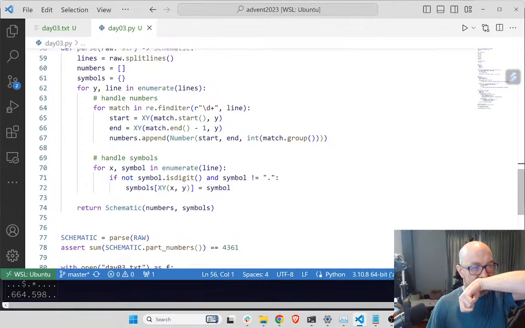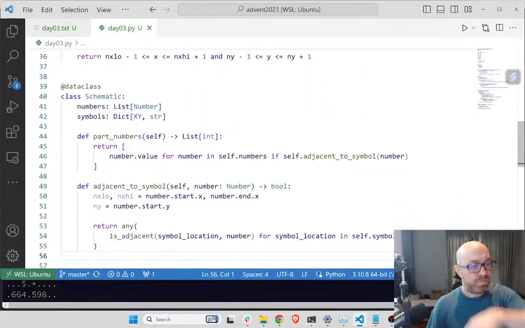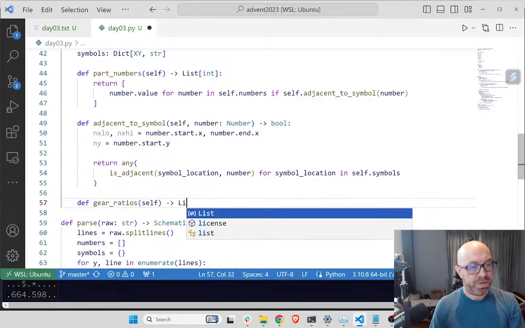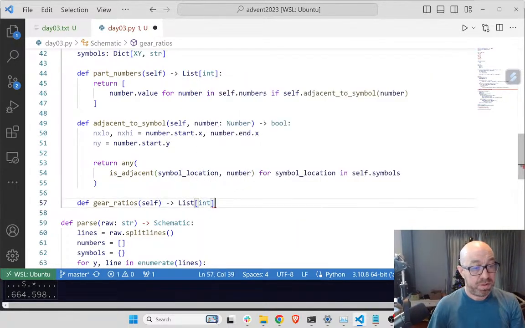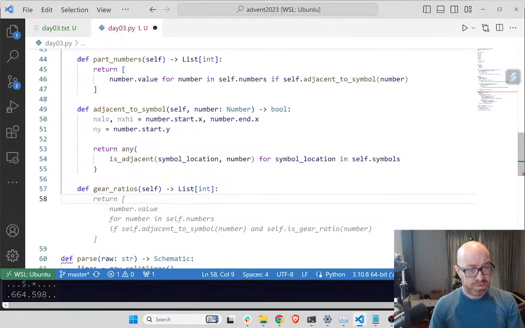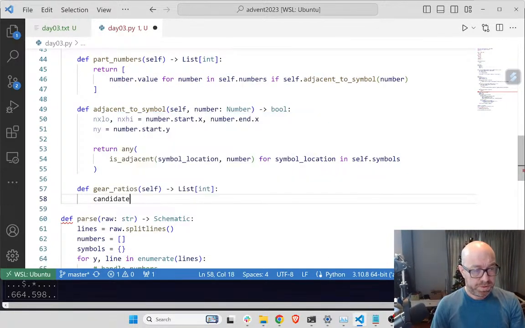Okay, so gear ratios, self again, goes to list of int. Okay, so candidate locations is going to be